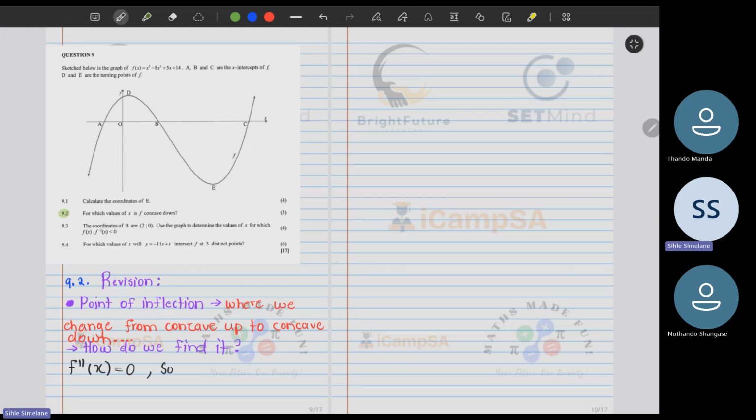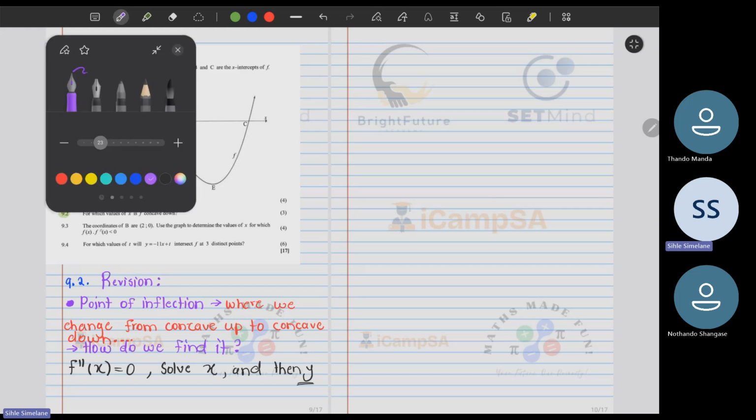And then you can solve for x and then y, the corresponding y value, by plugging back. So when they're now asking us about where the x values are less than where it is concave down, we need to remember if